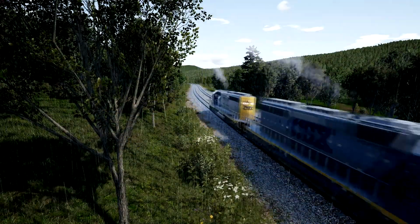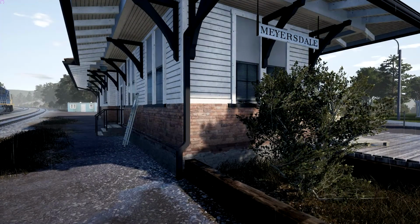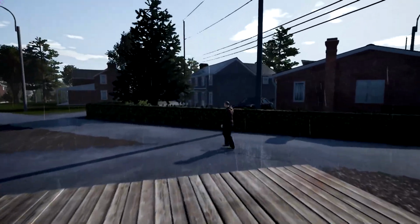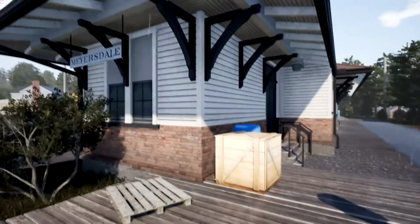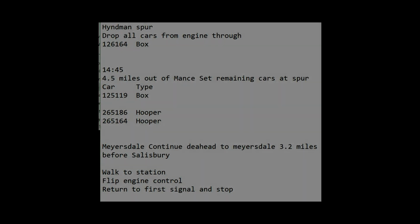And now nothing left to do but head on up to the Meyersdale office, take care of some paperwork, check in with them, take a look at our work order, make sure everything that was on it was taken care of. And you notice it'll make mention here that we got to flip the engine control and head back